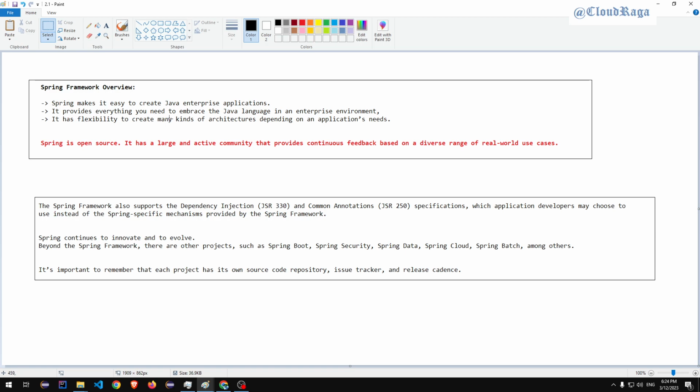What does it actually do? It provides all the Java language features easily. If you want to create any enterprise application, you can do it in simple core Java, but you have to write a lot. With the Spring framework we have lots of ready-made solutions. That's what we get from Spring, and it has the flexibility to create many kinds of architectures depending